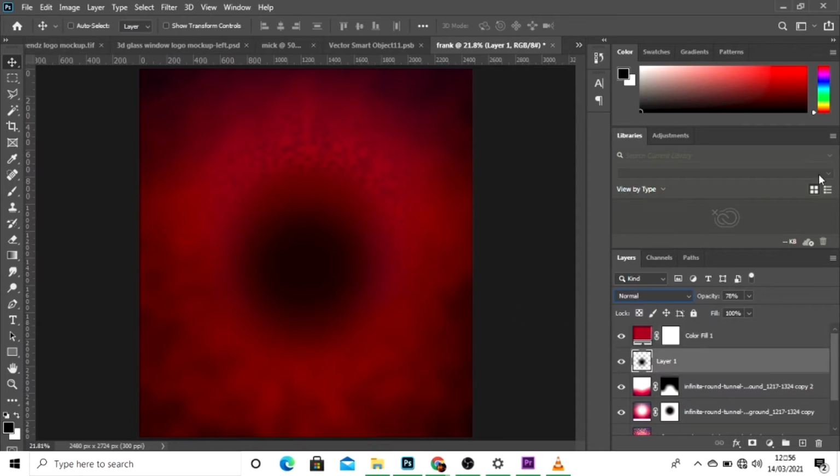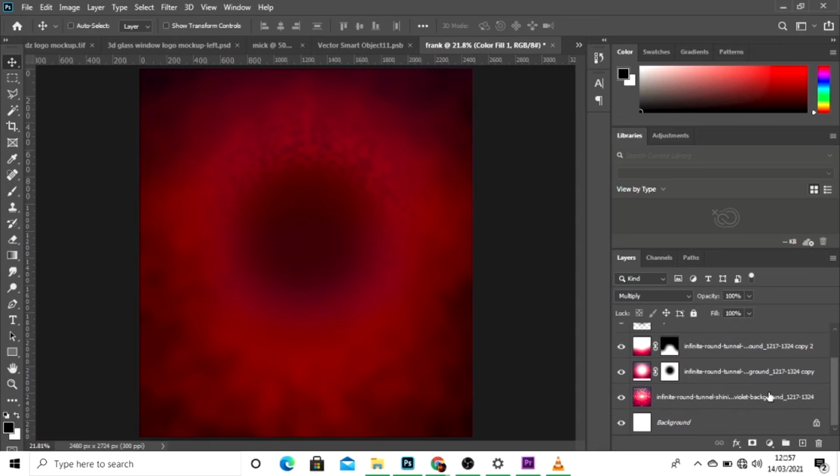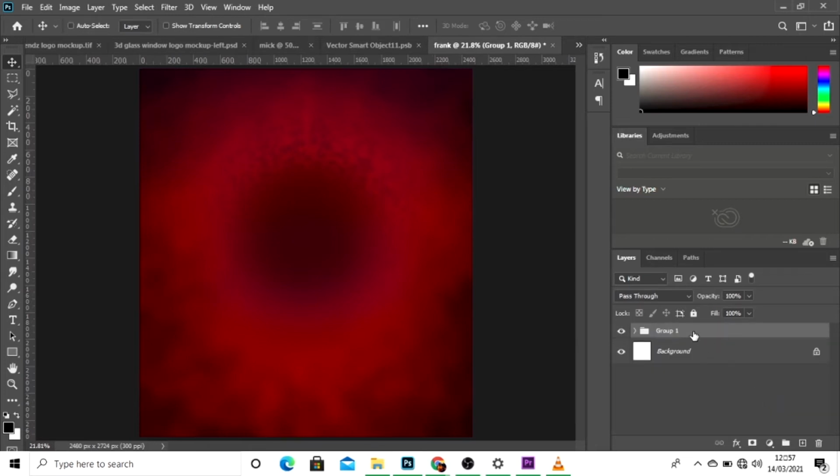Alright, let's get to the layer that we created and reduce the opacity to something like this and place it here. I think this is much better now. Alright, so we are done with the background, and we are gonna group it by selecting all the layers and pressing Ctrl plus G, and I'll rename it as